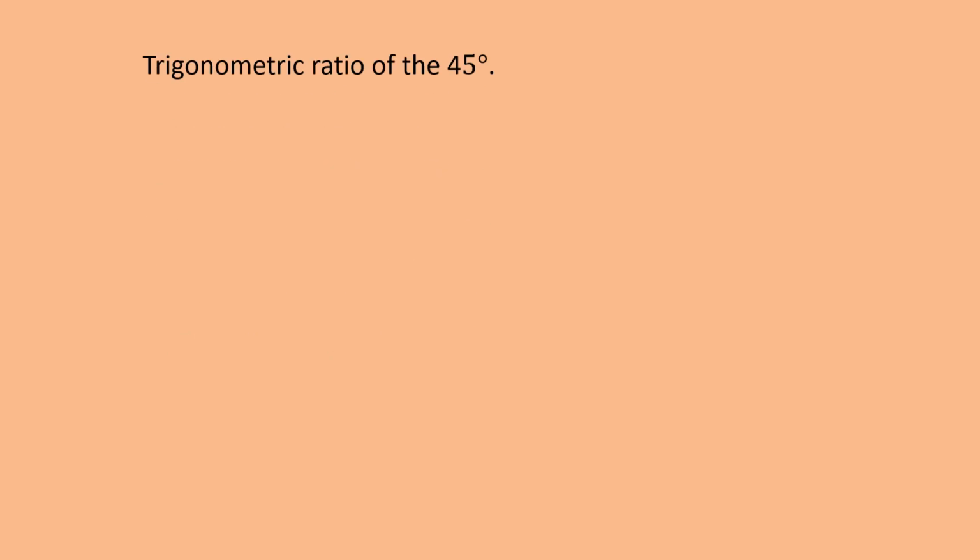Let us go for 45 degree also. This property also we have learned. So the diagram as it is a isosceles right angle triangle. So the two sides forming right angle are equal. We have taken x and x. By Pythagoras you can find out AC, that will be root 2x.